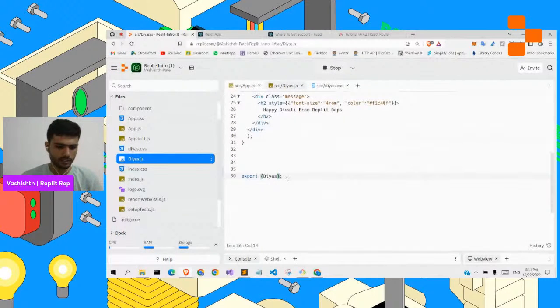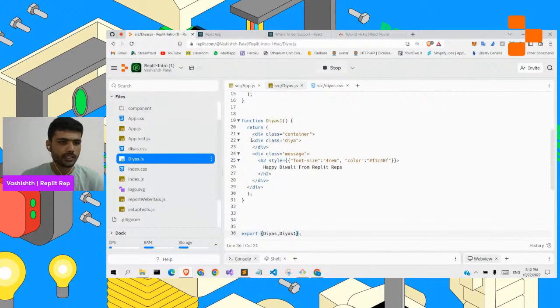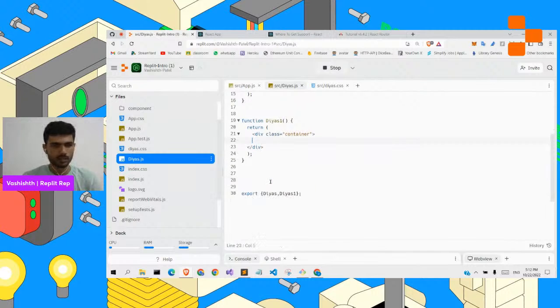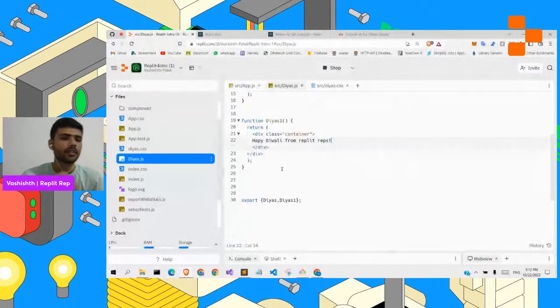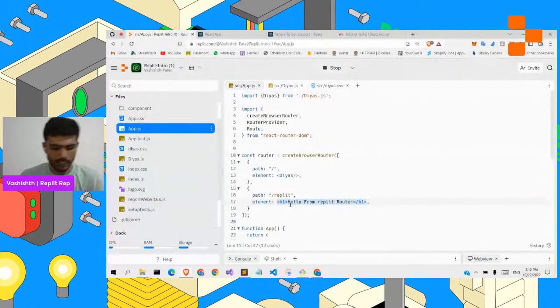And here let's just define Dias1, and here they just remove this one, and hello world from happy Diwali, just happy Diwali from Replit Wraps. Fine. So now I export it here, and I'll just import